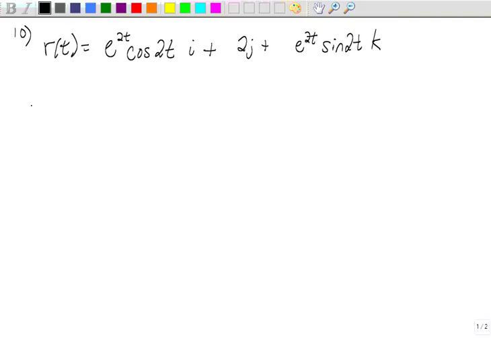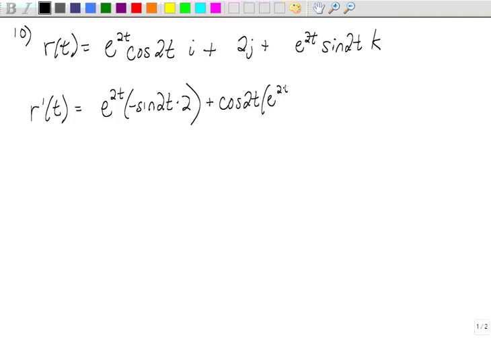So I'm going to find r prime first, and that's going to be e. Again, I have to use the product rule. I'm just going to line them up here, 0j, and then k is